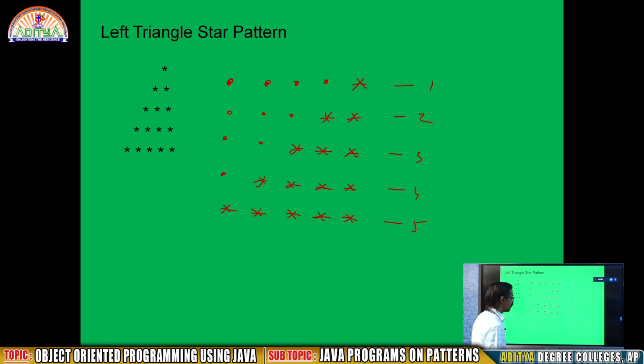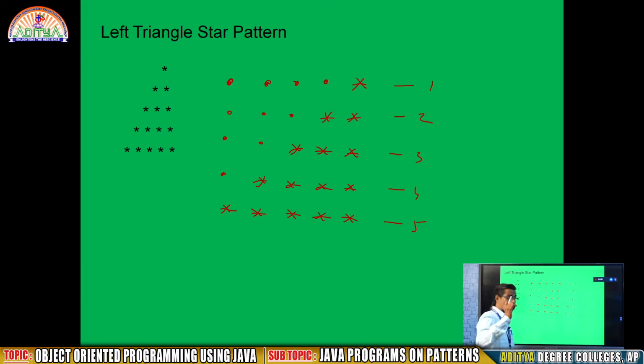In this context, if the number of rows is 10, up to the 10th line, you need to generate 9 spaces and 1 star, 8 spaces, 2 stars, 7 spaces, 3 stars, 6 spaces, 4 stars, 5 spaces, 5 stars, up to the last 10 stars.